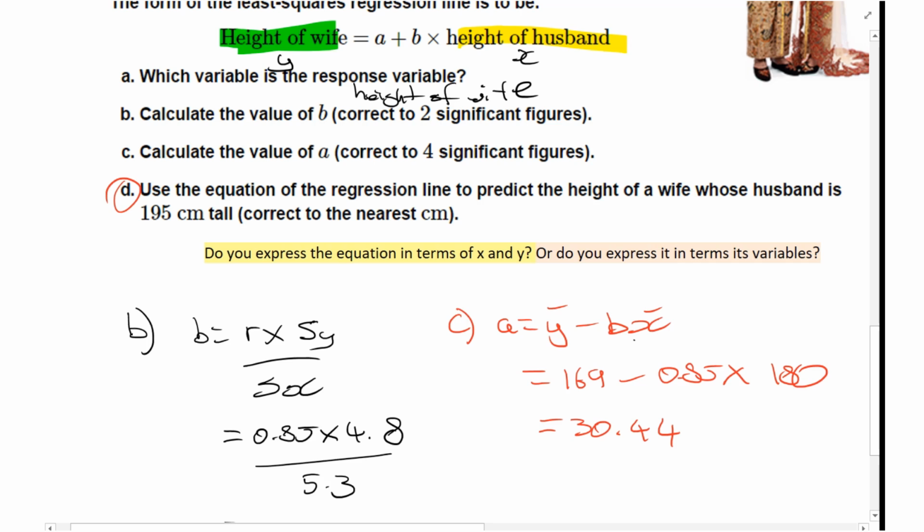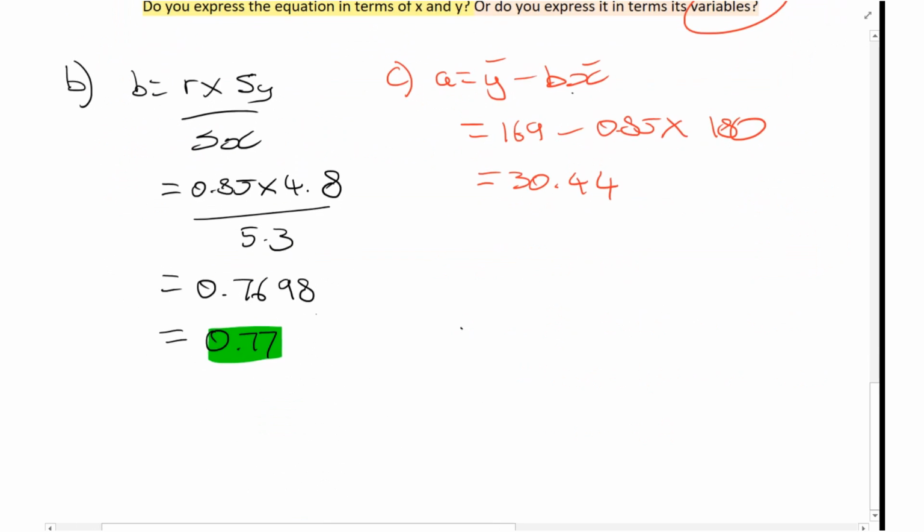In our case, we need to do it in terms of variables, but let's first do it in x and y. So we're going to have y equals a plus bx. A is equal to 30.4, and then it's going to be plus bx, which is plus 0.77